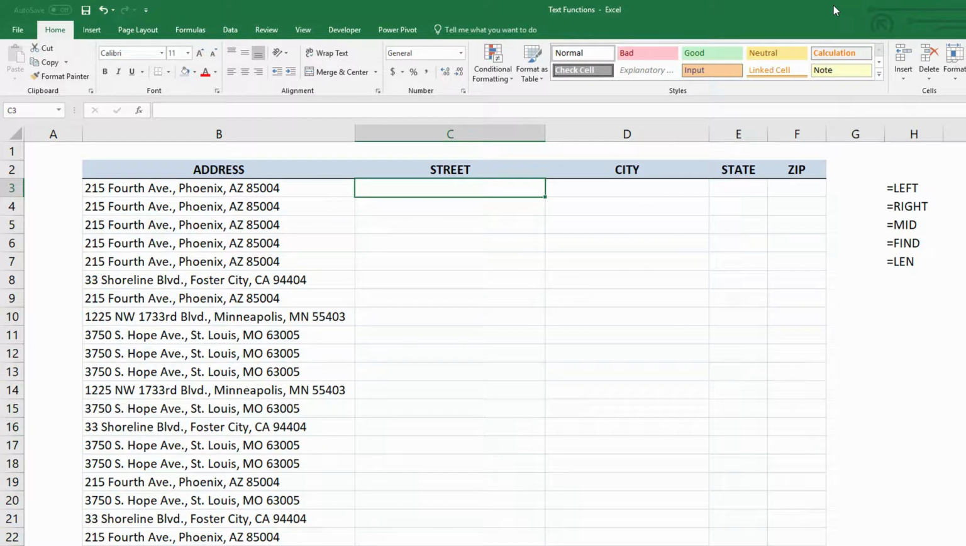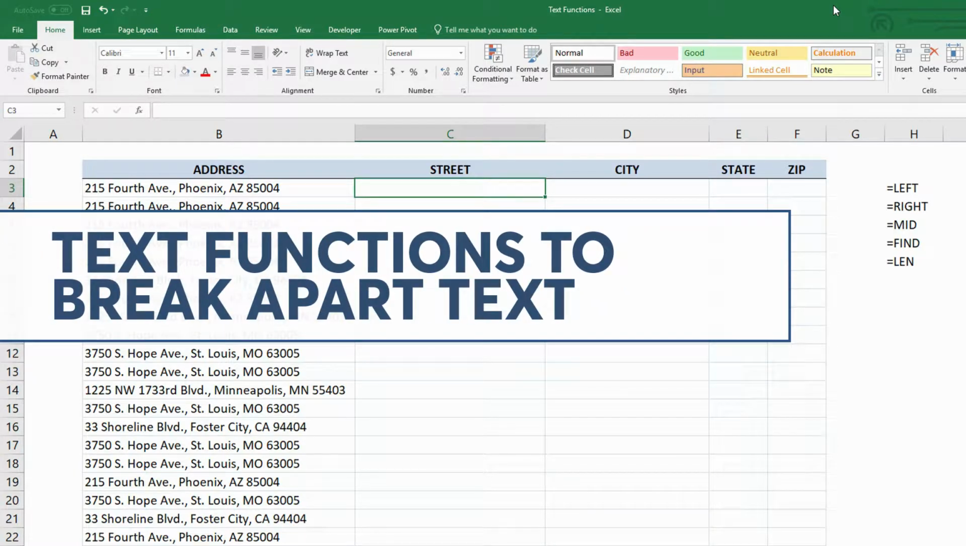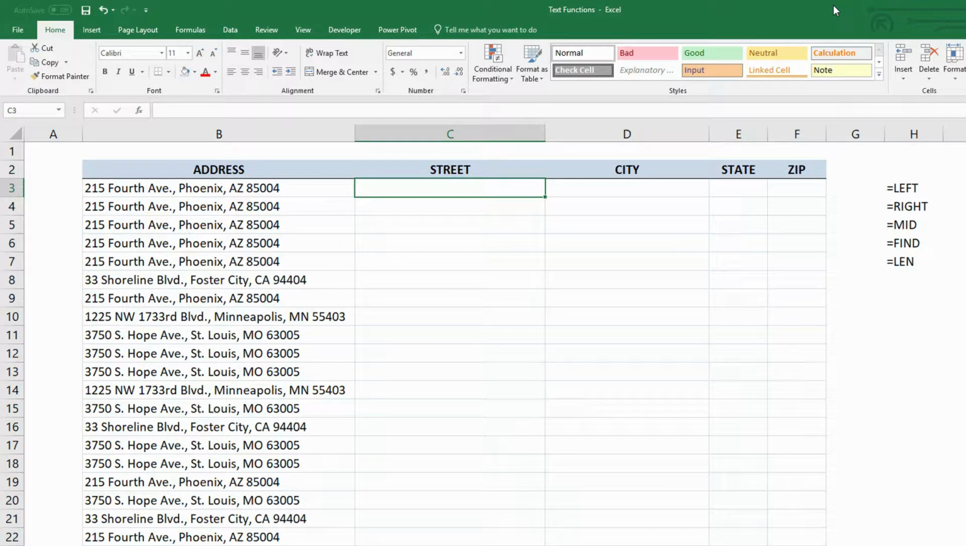And in today's video, I want to show you how these 5 functions, left, right, mid, find, and len, work together to allow you to break up effectively any set of data that's written into a single cell that you want. As long as there's some sort of pattern that you can see, you should be able to pull the